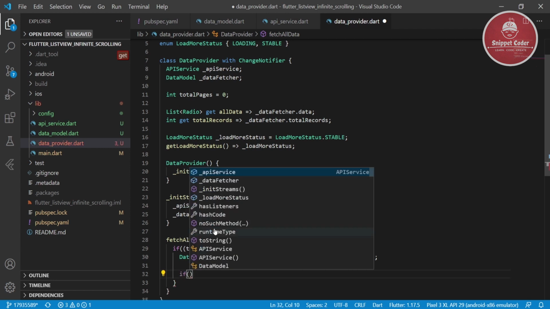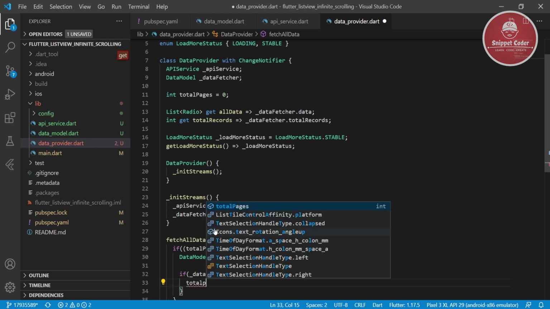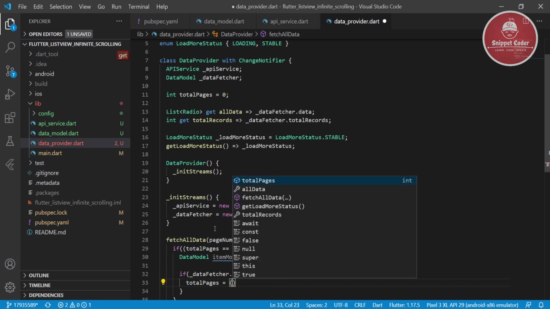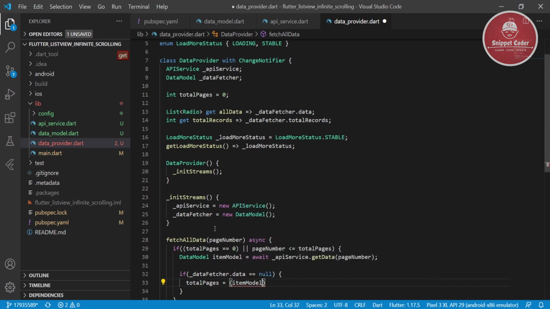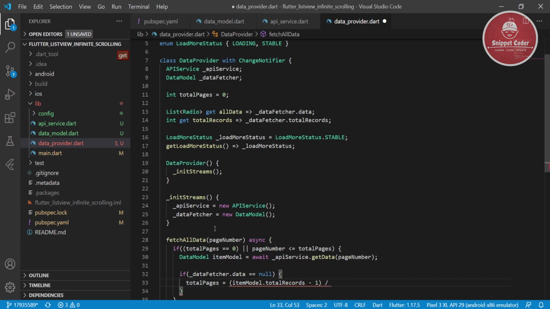And here we will check if the dataFetcher.data is equal to null, then we will have total pages equal to (itemModel.totalRecords minus 1) divided by page size. Page size by default we are taking 15.